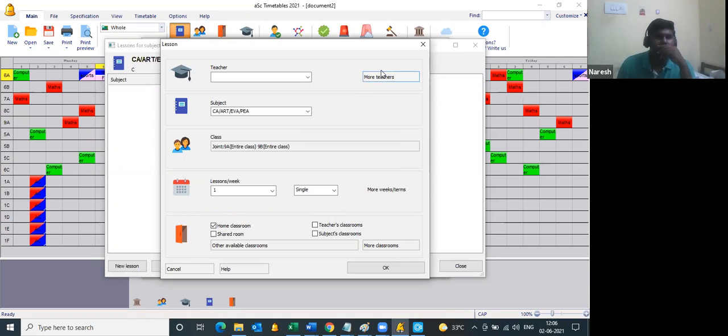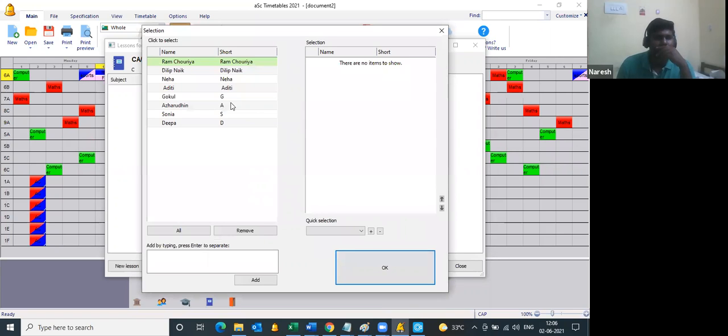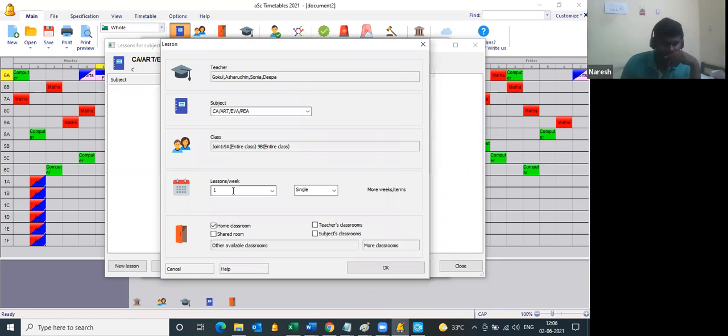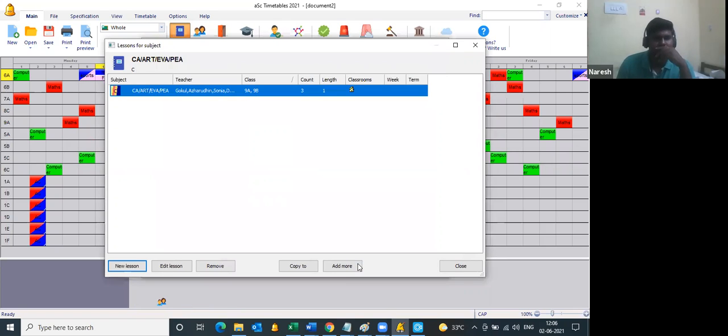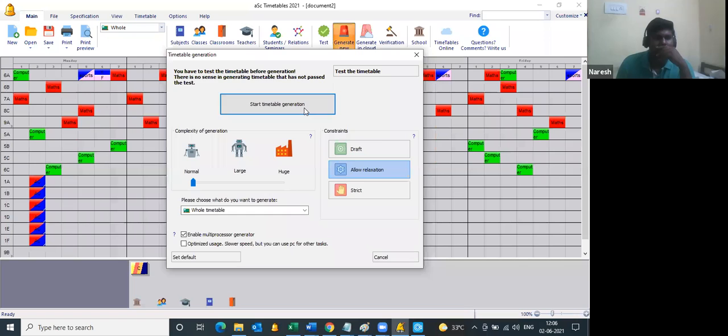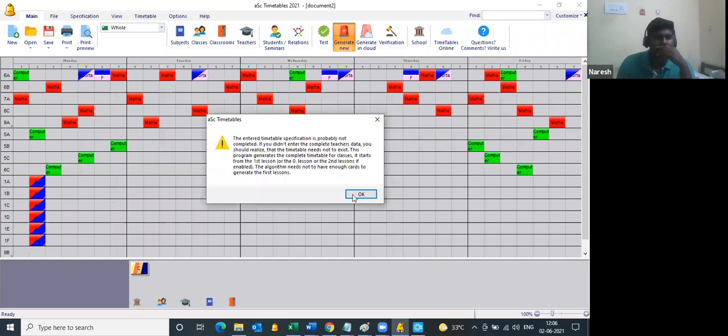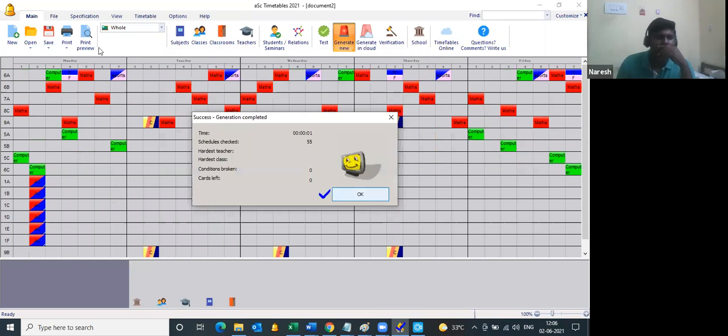Teachers in all will be Gokul, Azharuddin, Sonia and Deepa. Click OK. It might be 3 or 4 or 5 lessons, whatever. Click on OK and just generate it. So this is the simplest method.